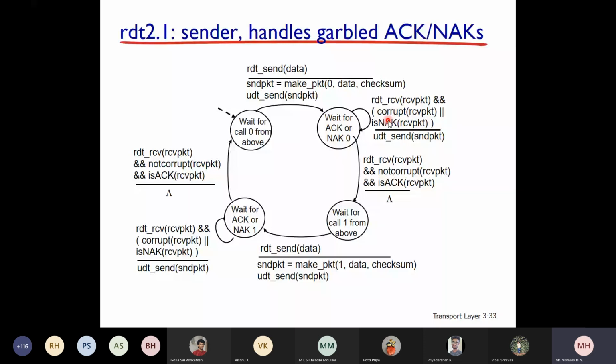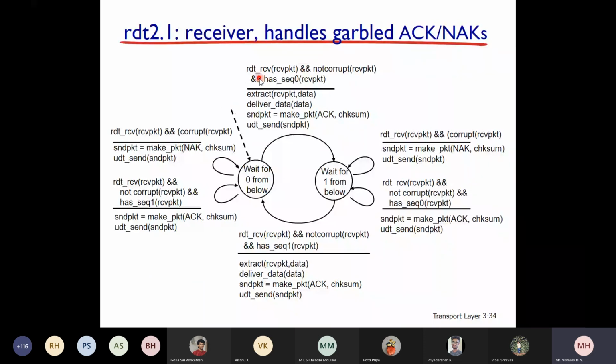You can see in the receiver side what happens. In the RDT 2.1 receiver side, the receiver is waiting for a call 0 from below. It received a packet and it is corrupted. What does it have to do? It has to create a packet with negative acknowledgement, and you can see the checksum here. In RDT 2.0, checksum was not there on the receiver side. If the received packet is corrupted, it makes a negative acknowledgement packet, adds a checksum here,